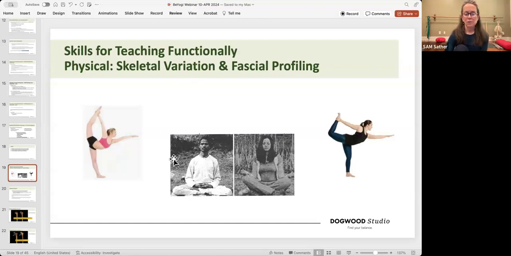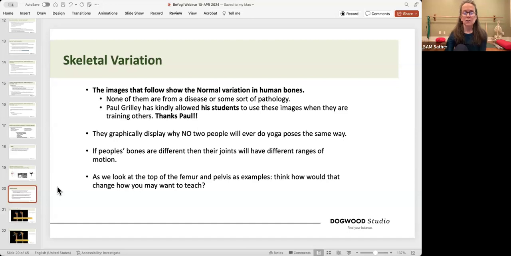But look at the folks that are sitting here, and we don't want to assume that this individual is a better yogi because they can bring their legs and rest them. And to me, in body reading, I would have to see this individual move, and it might be fascial and skeletal. So you can even see here versus here, is this fascial or skeletal? I would rather they know, not necessarily me. So skeletal variation is super important for someone to understand when they're teaching functionally. And you teach your individuals over time.